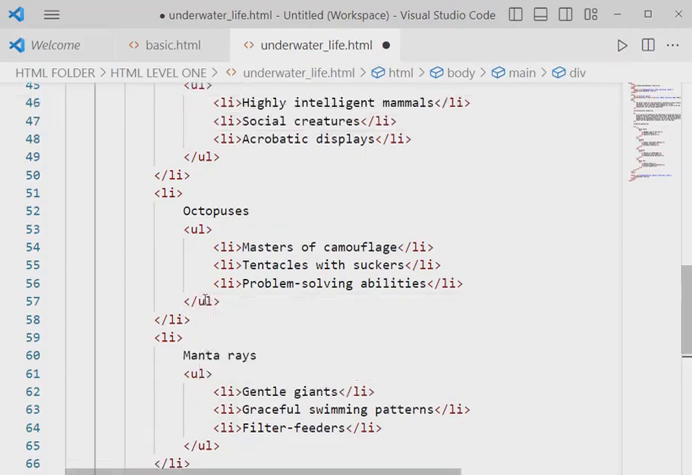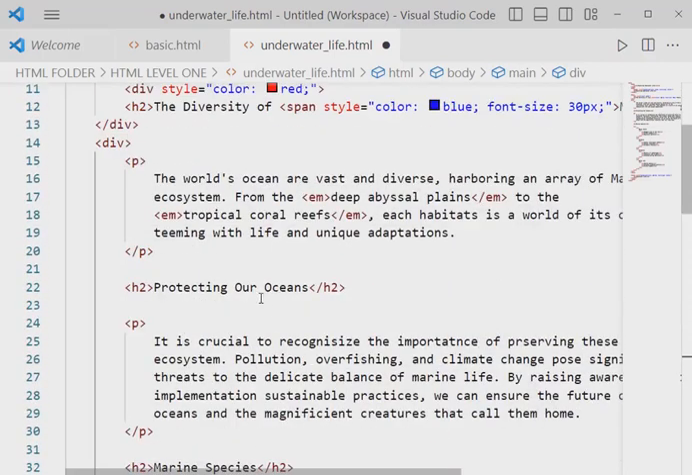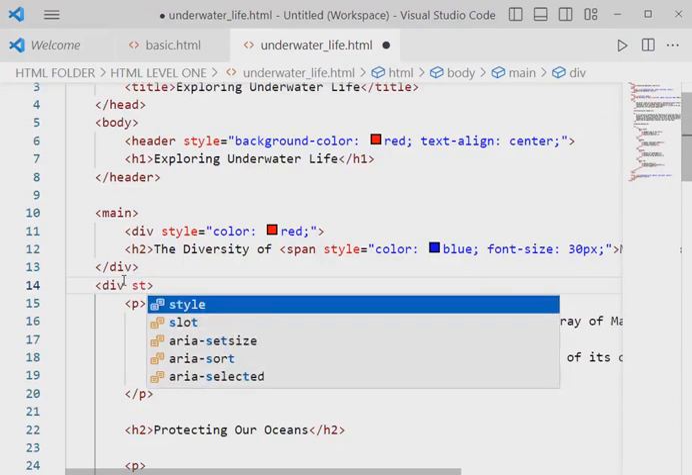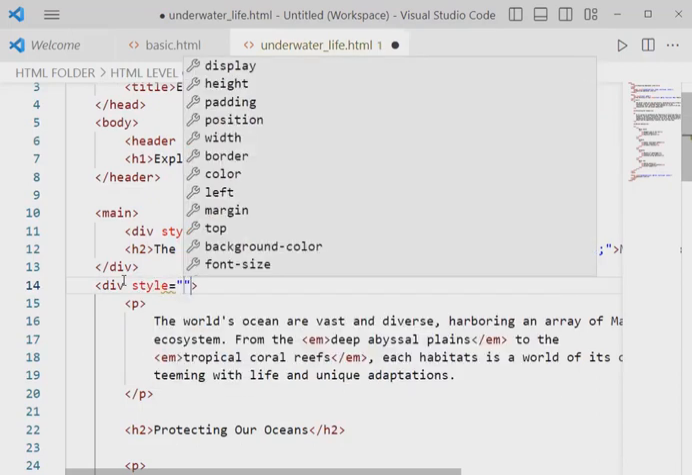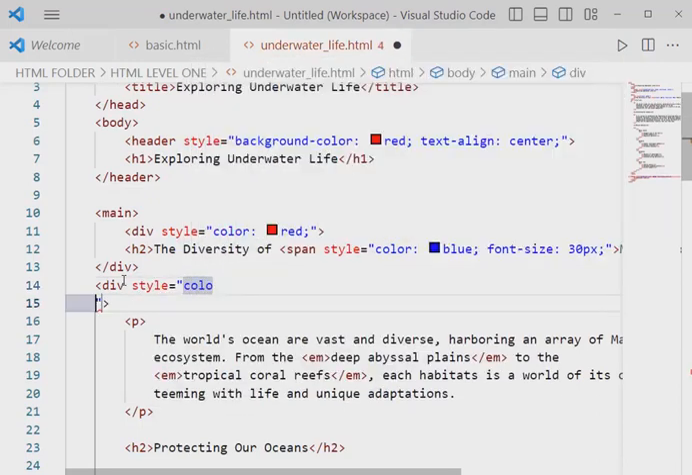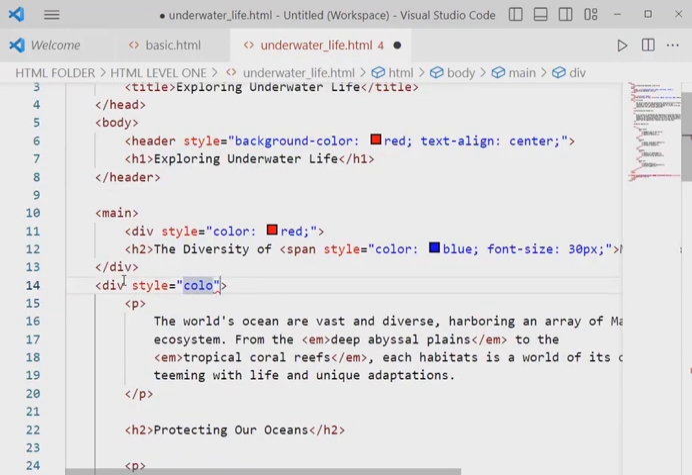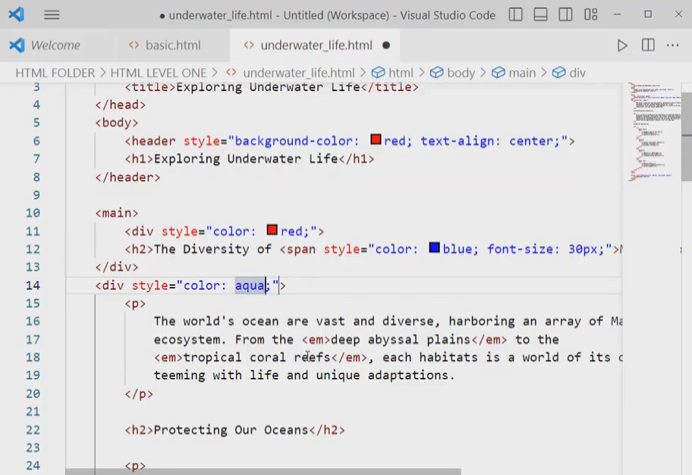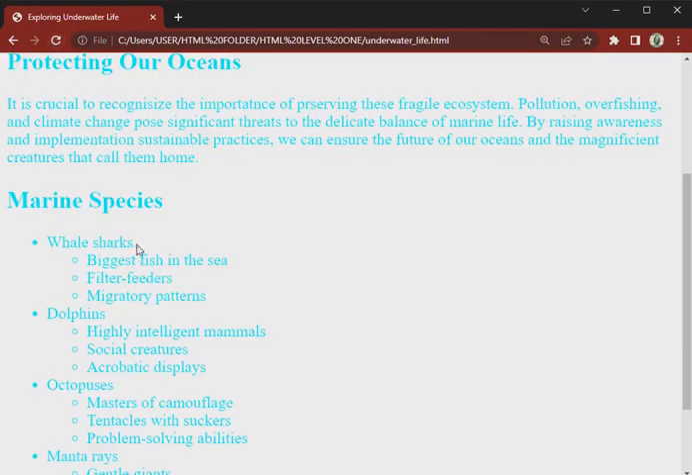Let's say I want to make the color of all this text, let's say, red. I'll come here and call the style tag. I'll call the color attribute. I'll give it a color of, what should we use? Okay, let me use cyan. Aqua. So once I save and refresh the page, it becomes